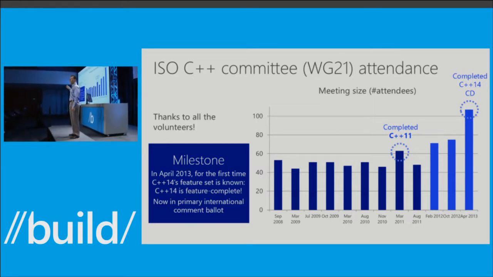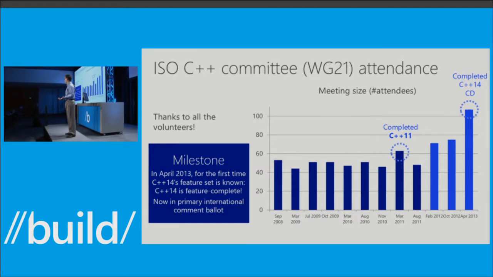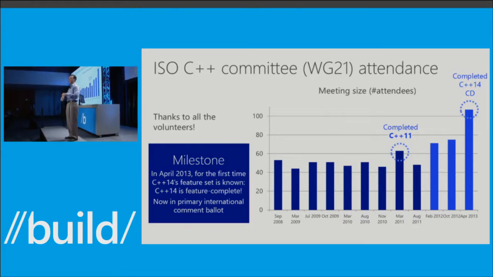There were a few that were voted in the meeting before or two, but most of them were voted on just 2 months ago. And going into that meeting, nobody knew which ones would be approved or in what form exactly. So now, for the first time, we know the shape of C++14, and over the next year, we'll be responding to national body comments, doing refinement, bug fixing, editing, but we know the feature set, and that is